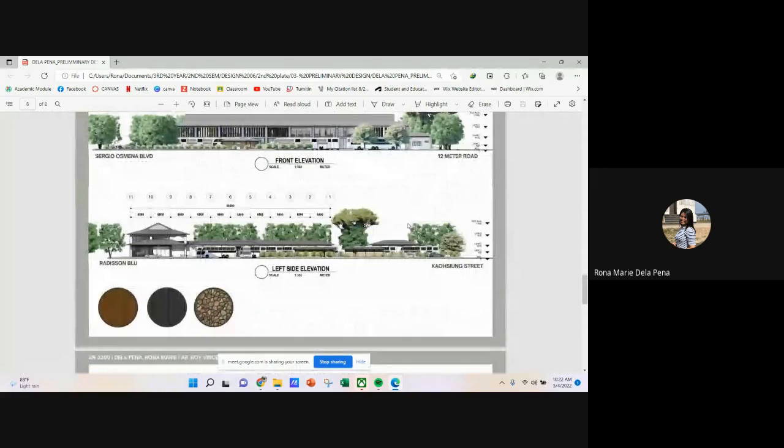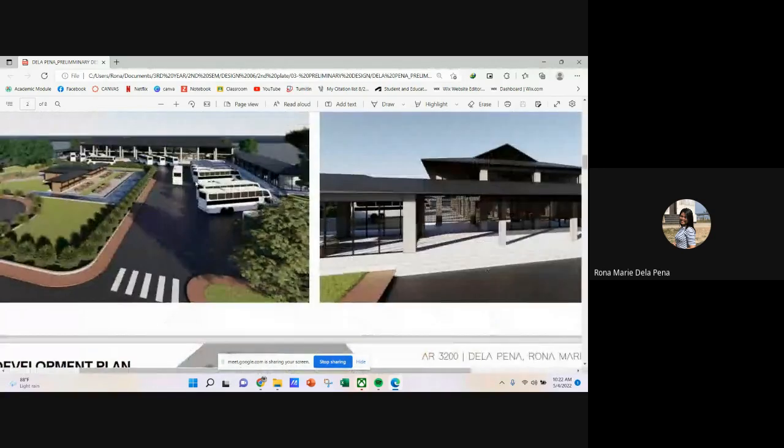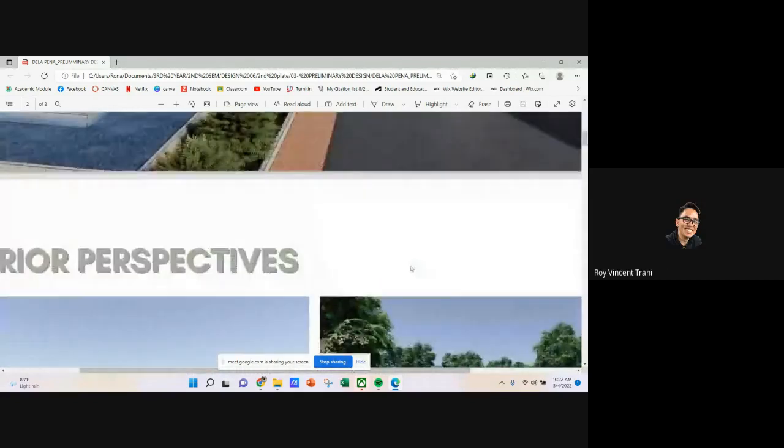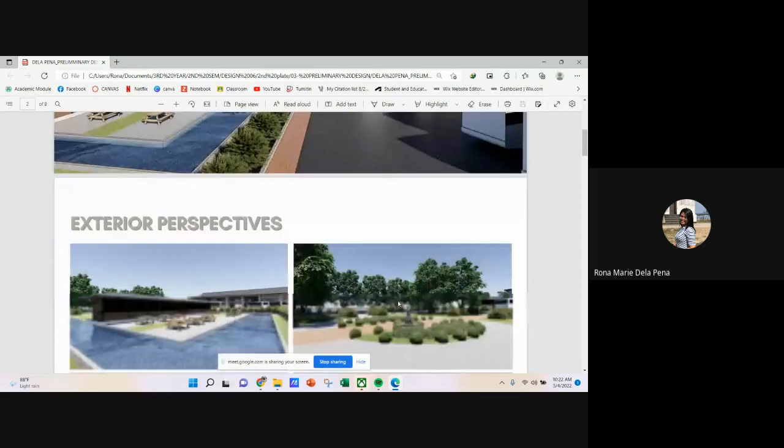To make it even more interesting in perspective, so yeah, we'll make it look interesting here, so that it stands out. I'm making my main building stand out. Then